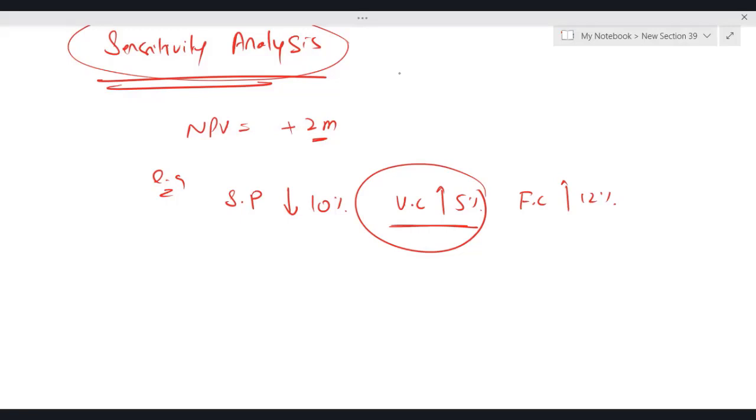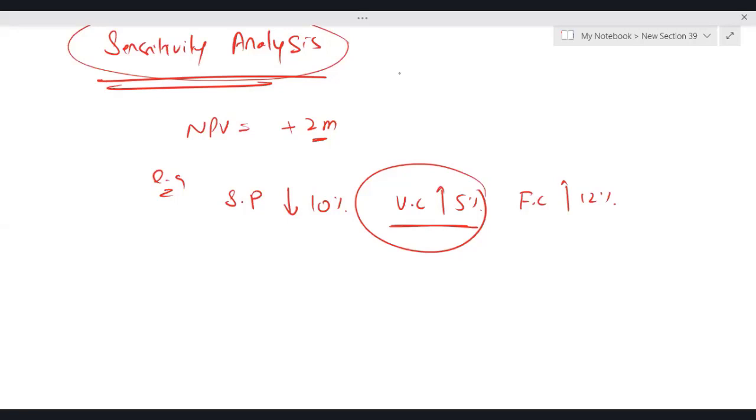Because if we are saying that selling price will reduce, then the law of demand should prevail and the sales volume should increase. So one limitation is that at a time sensitivity analysis is applicable only on one variable, and it assumes all other variables are constant. Second limitation,